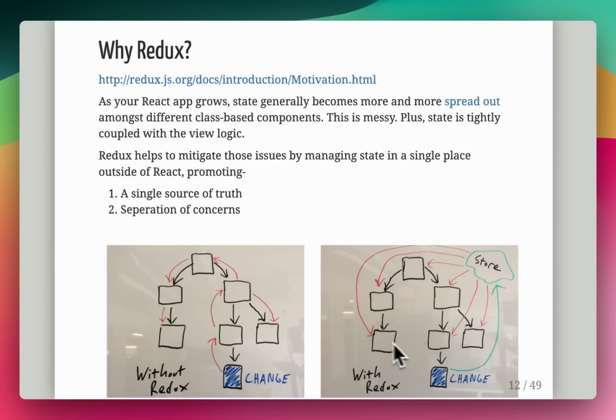Now, with Redux, you don't need to pass that state down the child components because you get a store, a Redux store that stores all your state. So whichever component needs to access that state can directly refer to the store and get the data from the store without needing the data to be passed down across the chain of components. So that's how Redux makes it easy to manage state in large React applications with a large number of components,